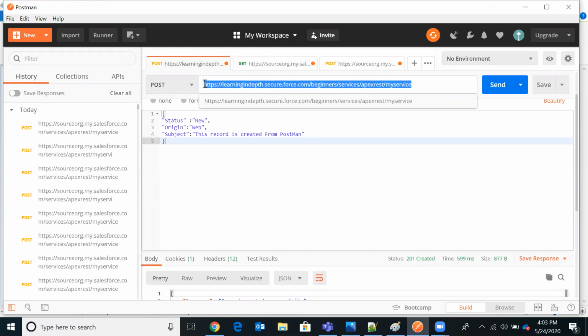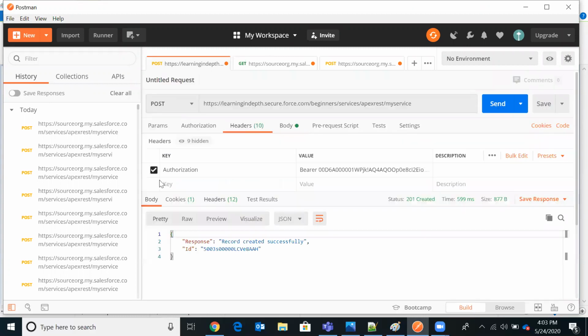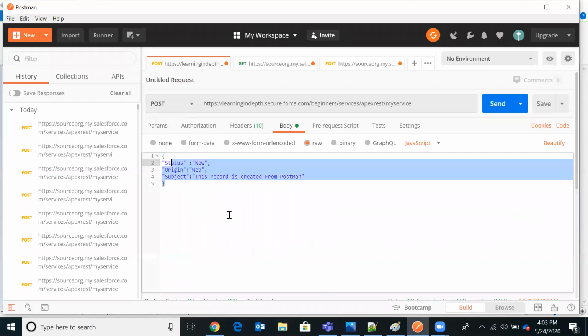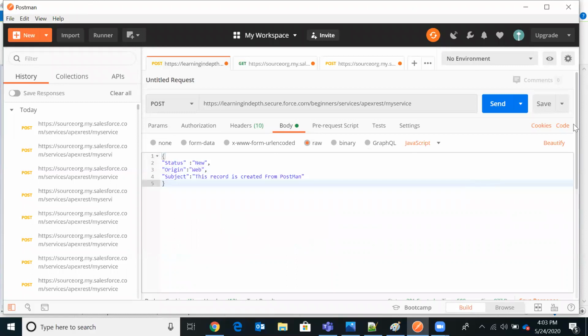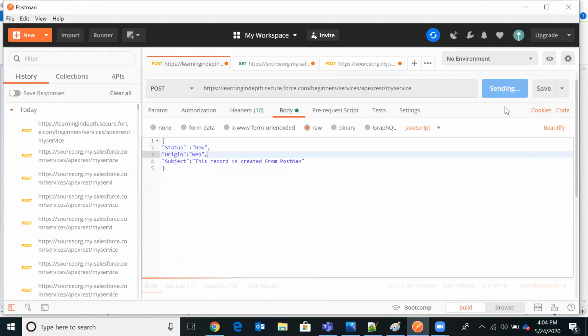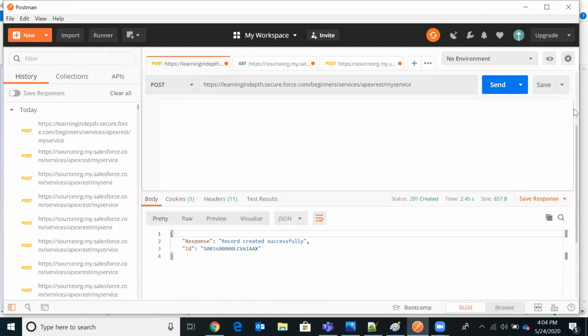This remains the same. Now the header is not required, so I'm just removing the header. We don't need authentication. In the body, I'm passing a key and value. Now if I try to hit the service, you can see 201, the record is created.